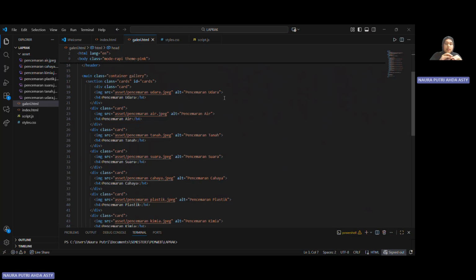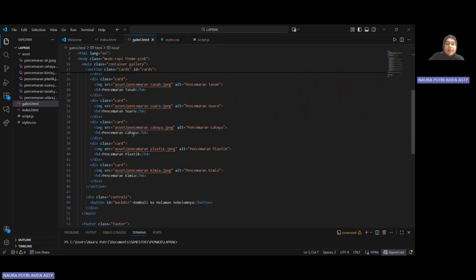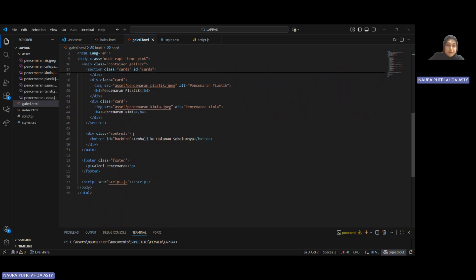Inside the section class, I add 7 cards, and each one has the image source to get the image, and then the title. The pictures come from the assets that I used. There are 7 of them, and it is the same code until the last one.